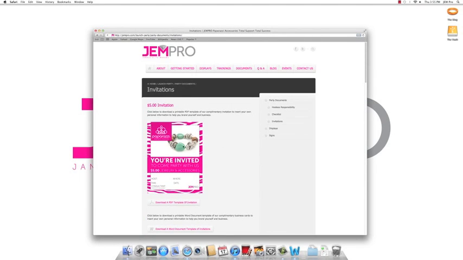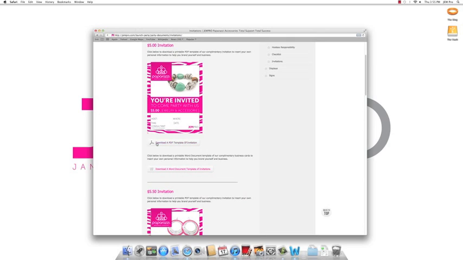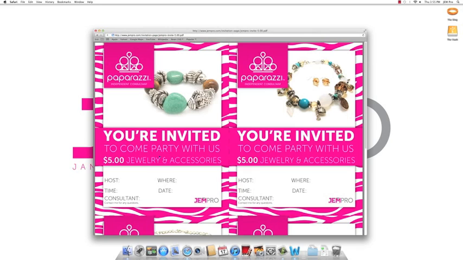So first off, we're going to download one. So right here you can see it says download a PDF template of invitation. So we're going to do that. It's going to pull this up. Now each browser is different in how you can actually pull this off onto your desktop, but I am going to use what Safari does, which is it's going to save it to my downloads, which you can see it bounce over here. I'm now going to pull this document out of my downloads onto my desktop,